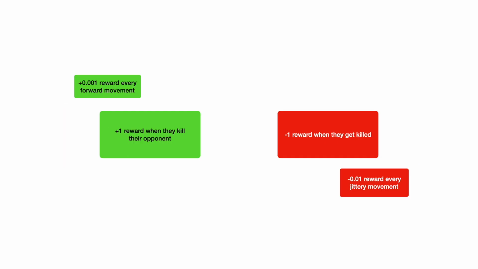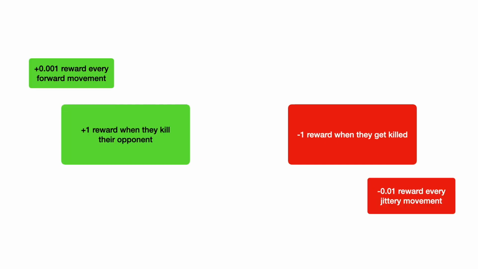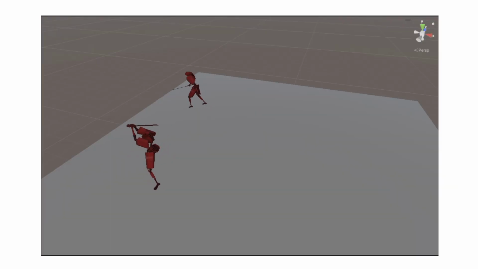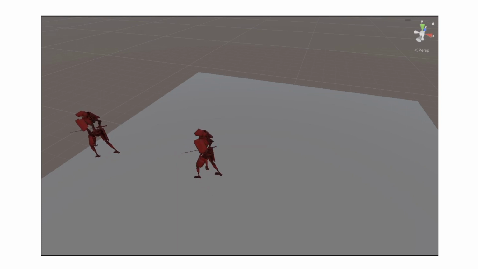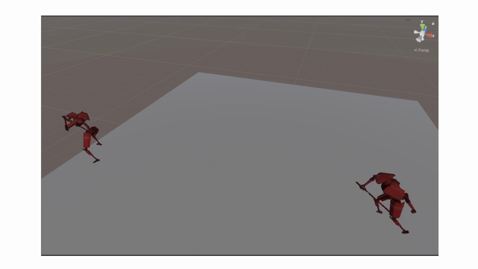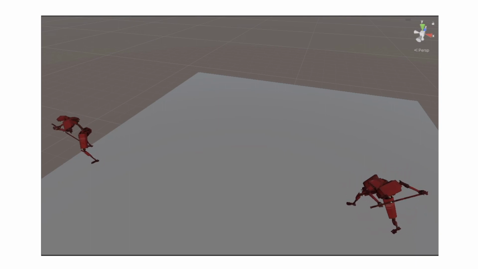But guess what? This was a horrible idea. You really shouldn't be doing this when you're training an AI. What happened was that the AIs didn't rotate at all to prevent getting their rewards taken away, and they also kept moving forward and falling off the platform because they were able to get more rewards by doing so. You could say they sort of found an exploit.